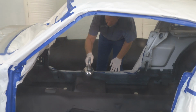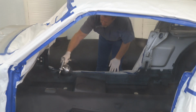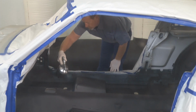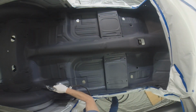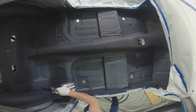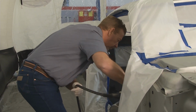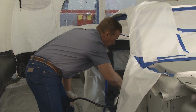Right, and it's real easy to just use like an east-west and a north-south crosshatch. That just gets all the particles randomly dispersed, and then you just work your way through the car. One of the advantages over the old pads you used to put in, you have to cut them and tape them down, and it doesn't always cover everywhere. Right. This, being a spray-in application, will create that seamless membrane